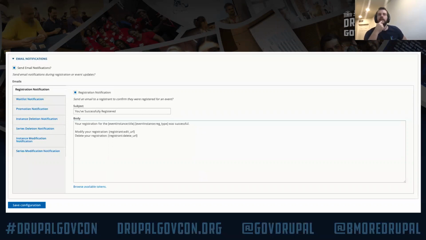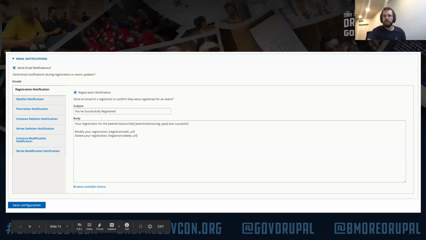Also, as an authenticated user, when you log into Drupal, and you're on your My Account page, at the top of the My Account page you have tabs, like you can edit your profile and you can view your profile. There's a new tab for registrations, which will show everything you've registered for and will allow you to edit or delete from a list there too. I think that answered that question.